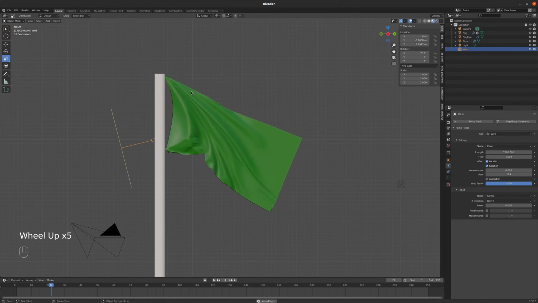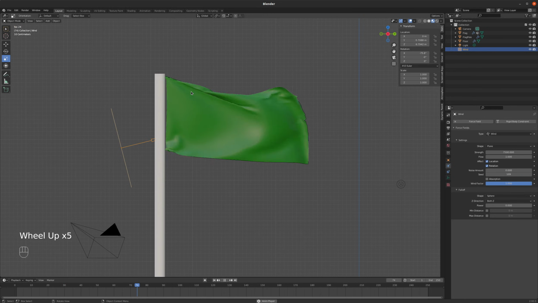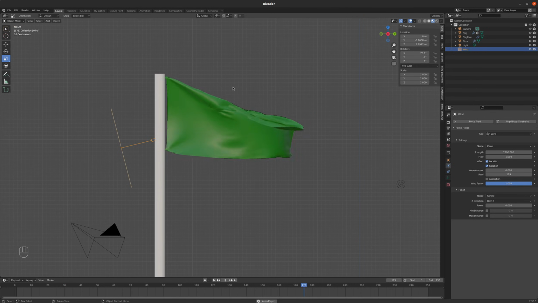So that's just a quick tutorial. Again, these are just pretty basic. There's an awful lot you can do with wind, an awful lot you can do, of course, with cloth in order to get these things looking better and exercising more control. But I just kind of want to familiarize you with the basics,